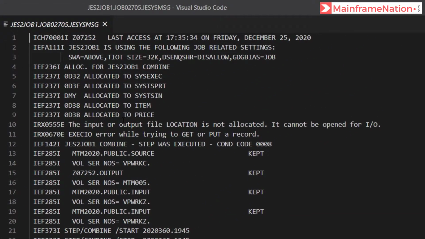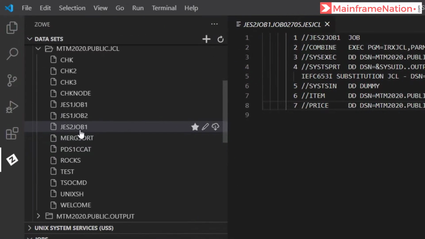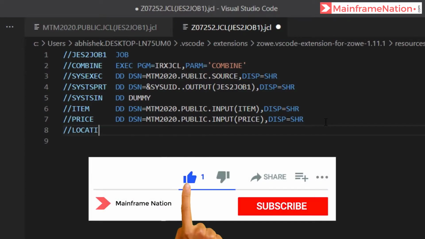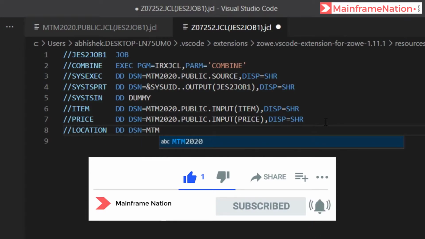Then we can go to JES system messages. So in this message it is telling us that a file by the DD name location is missing. So in this JCL there should be one more file which should be called location. So go to just to job 1, add one more line. The file missing was location. So give here location DD DSN. File name should be